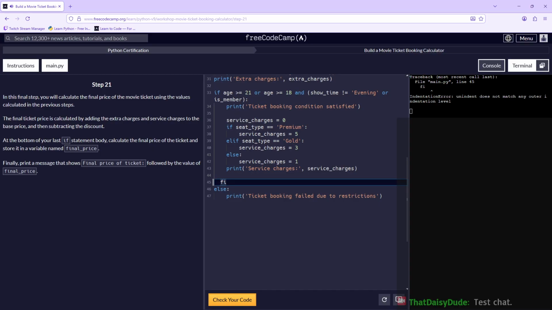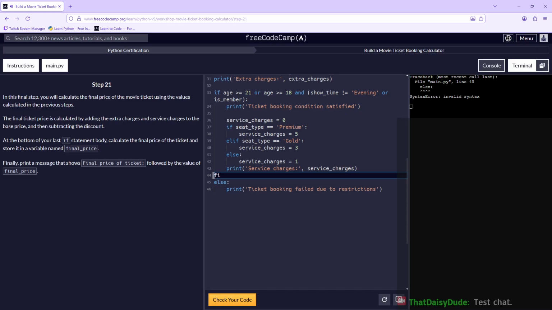With these two spaces. Alright, well that still looks right. Alright. Final price equals